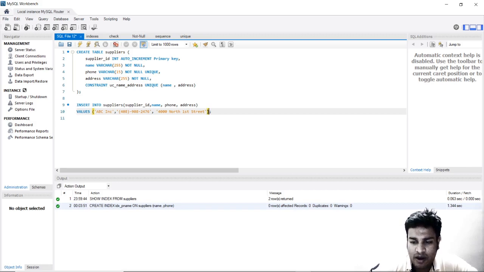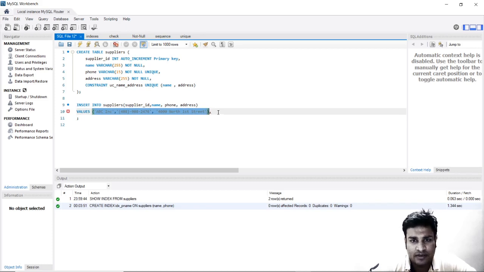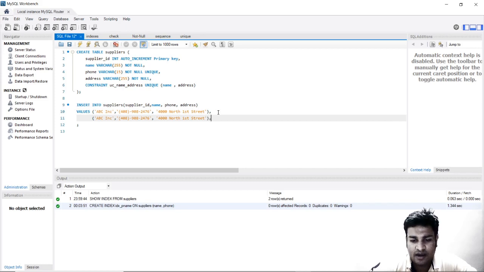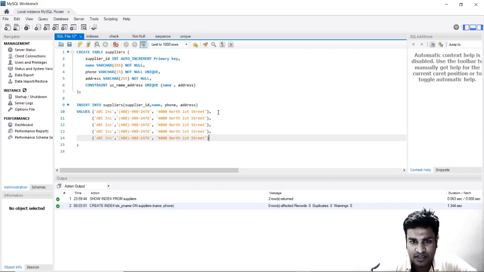So I will put a comma over here, move on to the next line, copy this and paste this. Again, comma, copy this, paste this, comma, copy this, paste this, comma, copy this, paste this, and let us stop. So in total, we are inserting 1, 2, 3, 4, 5 values.